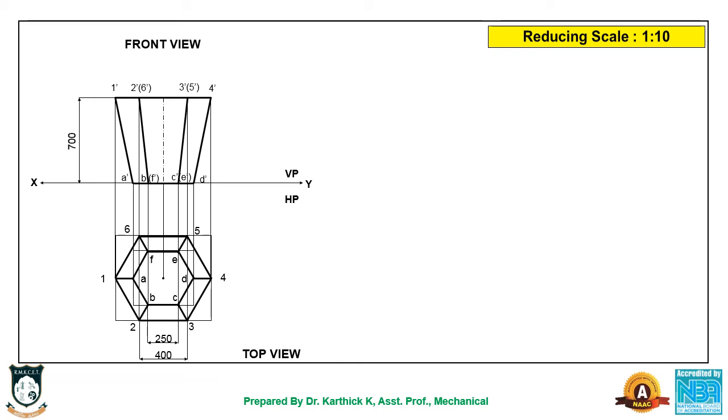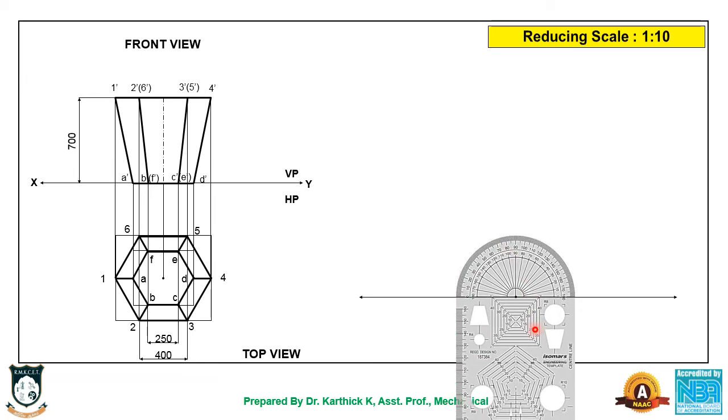The next step, we need to draw the isometric view for the given problem. For that, I am enclosing the two hexagon in a box like this. For top hexagon, this is a box. For bottom hexagon, this is a box. So after making that, just draw another reference line. Choose any point in the line, bring your protractor, mark 30° on both the sides.